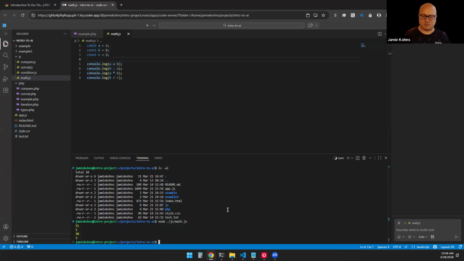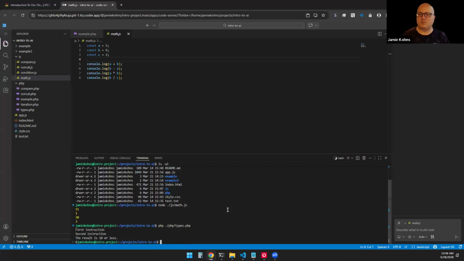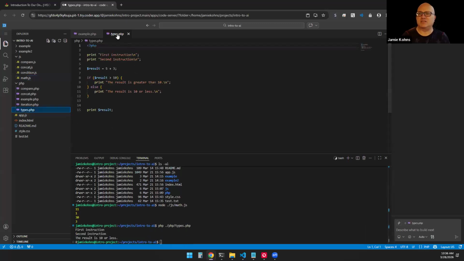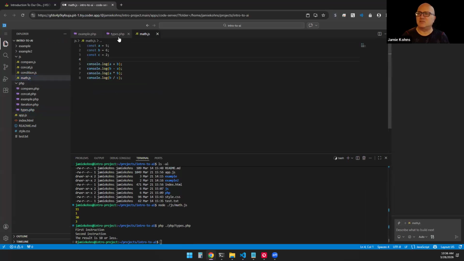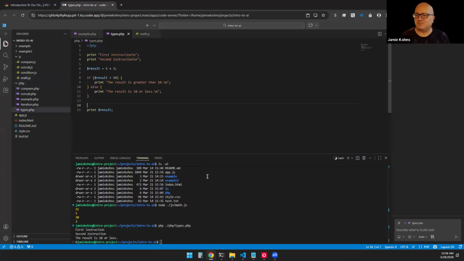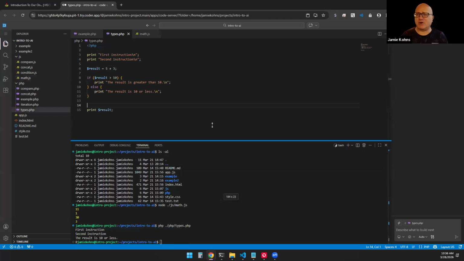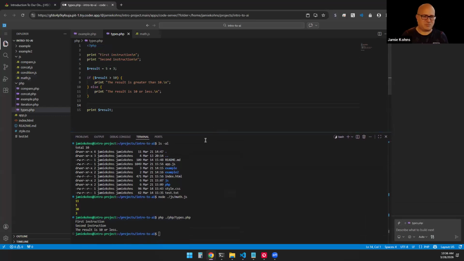And then also, to run a PHP program, you would type php, the program that runs PHP scripts, and tell it the PHP directory and the file. So that's just run this file. And again, for our competition project, we will be working mostly in PHP, but almost any web application requires some